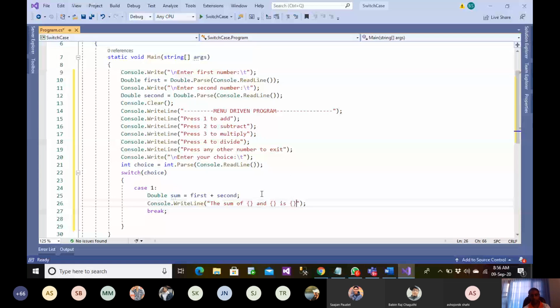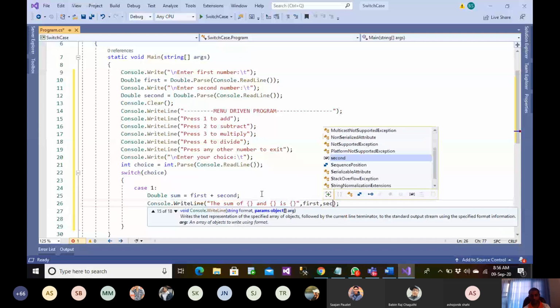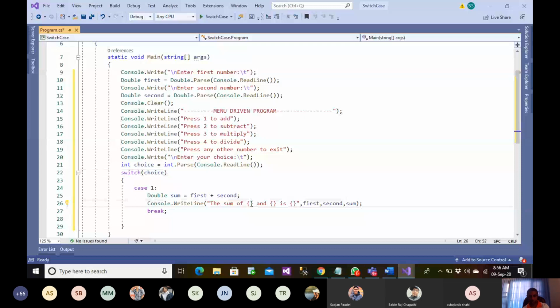I want to have first, second. So this is 0, 1, and 2. This is the sum of first and the second.